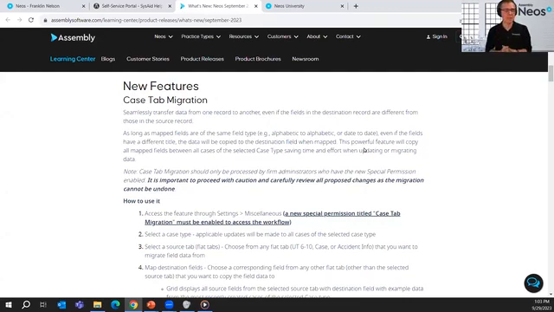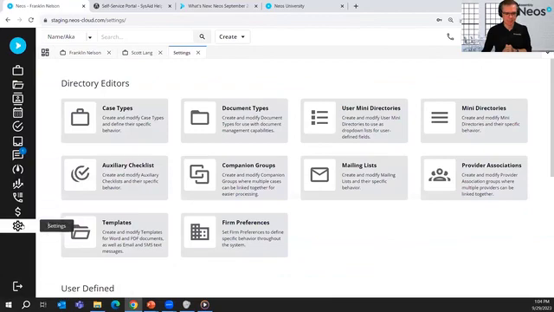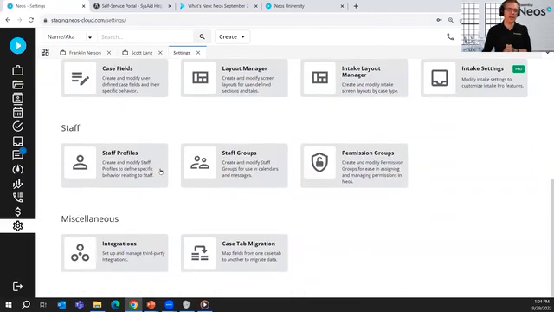Or for my Neos administrators out there that are constantly tweaking and changing around their case types, if you have data on a particular tab that you now, if you're designing a new tab layout, want someplace else, you have the ability to move that en masse. So let's get into it. It's very powerful. It sounds complicated. It's actually really easy. We can access this in settings and then scroll all the way to the bottom under